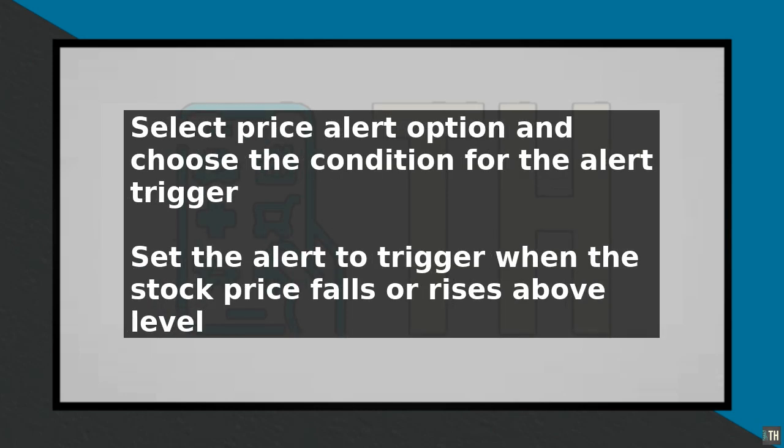Once you have selected the alert type and condition, click the Confirm button to save the alert. You can also customize the alert settings to receive notifications at specific times of the day or when certain events occur. It is a good practice to set multiple alerts for different conditions, so you can stay informed about various